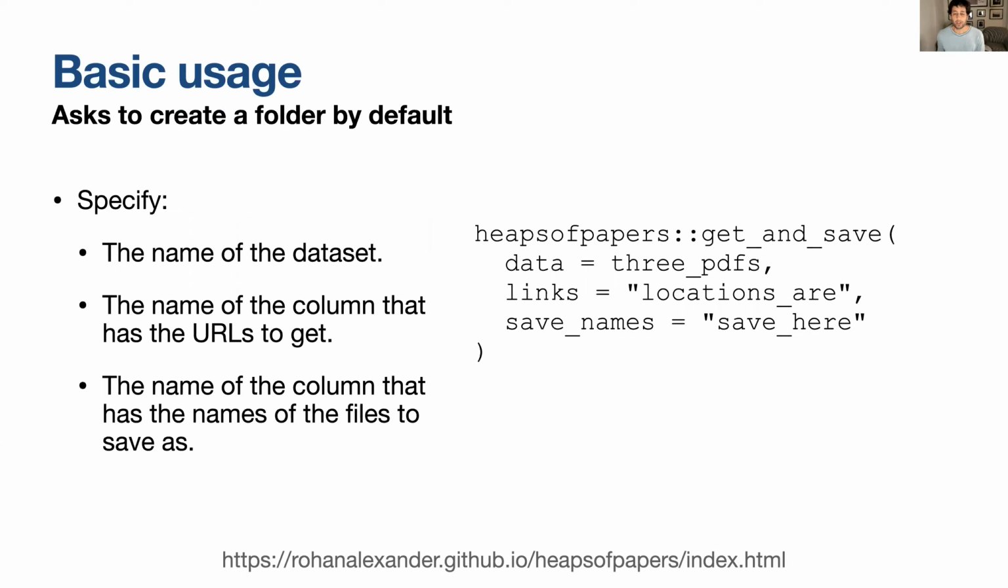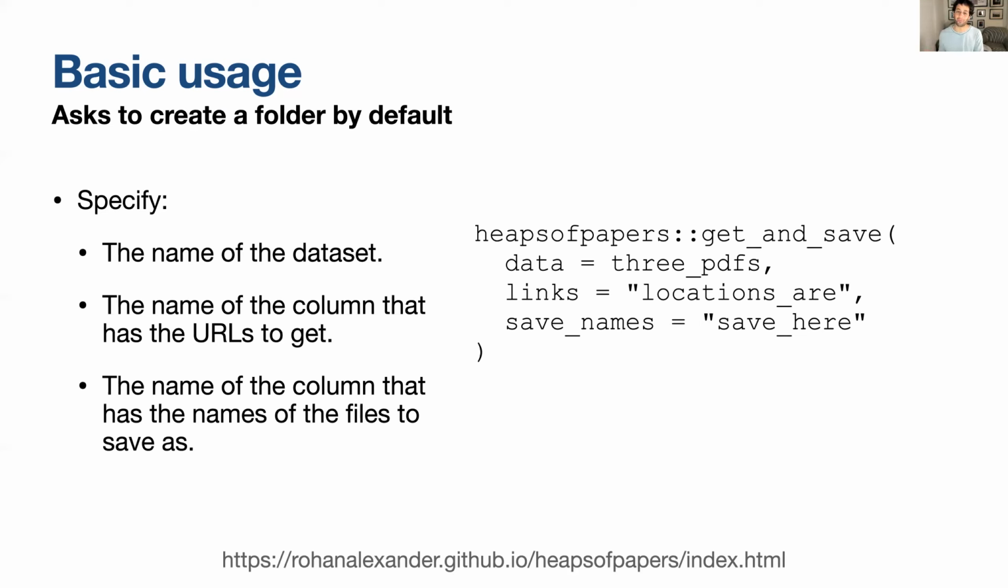The main function of the package is get and save, and that takes 3 arguments. The first is the data, that's the name of the data set that we just made. It takes a links argument, and that's the name of the column that contains the links that we're going to go and get from the internet. And it takes save names, that's the name of the column that contains the names that we're going to